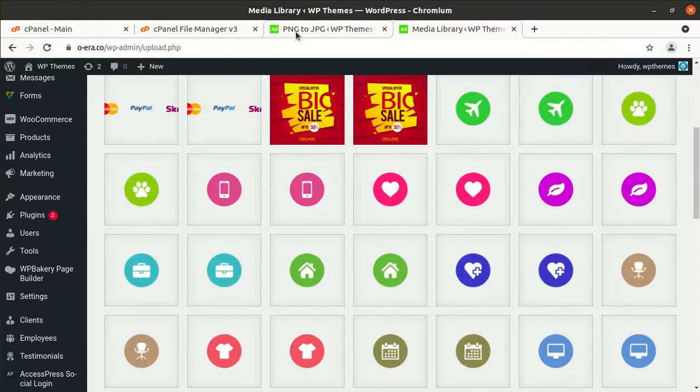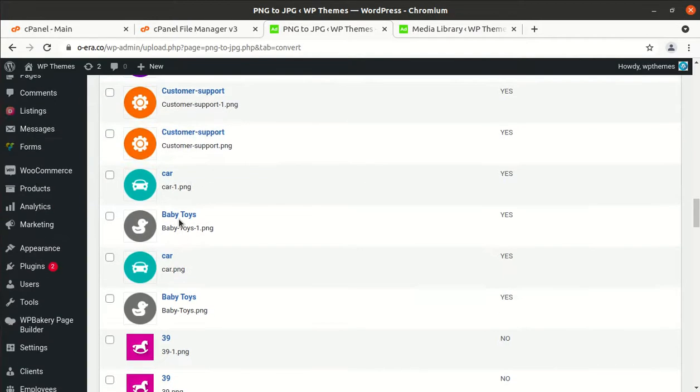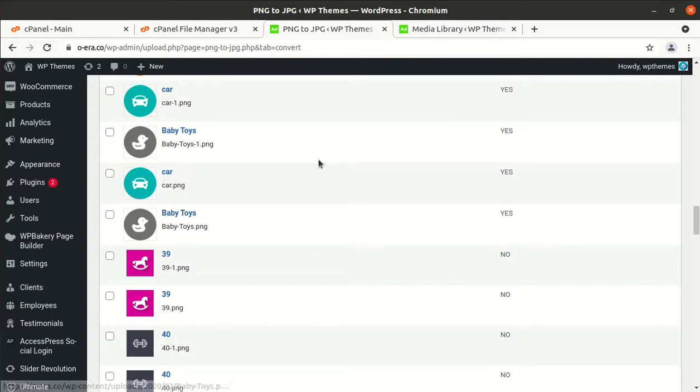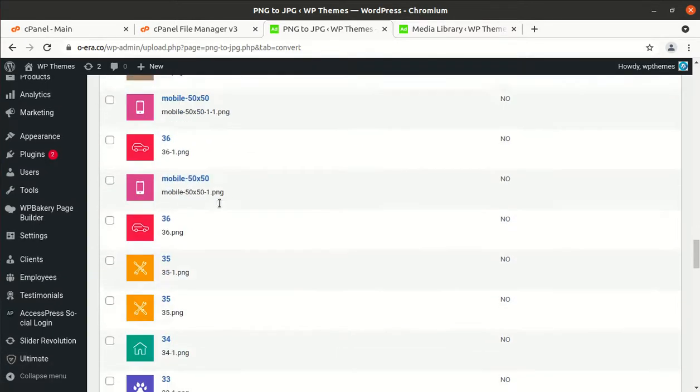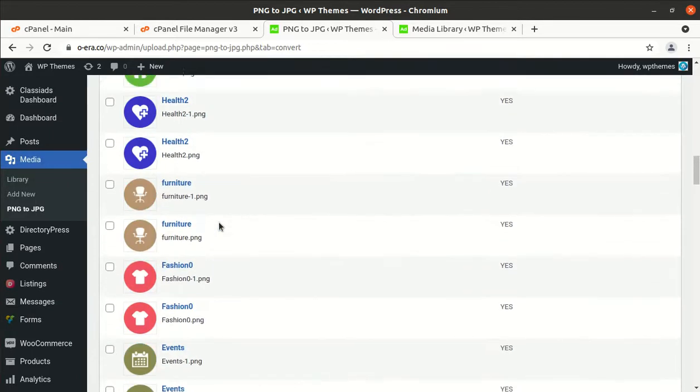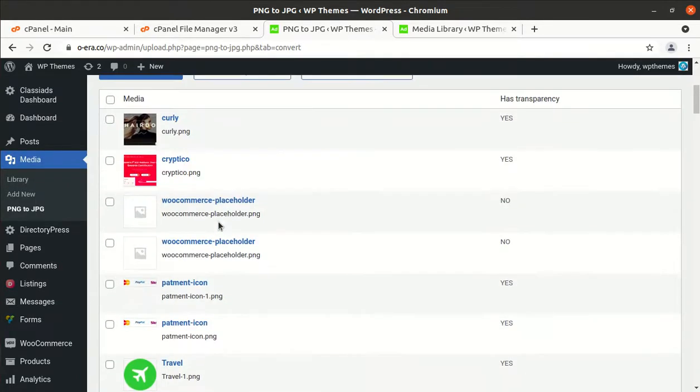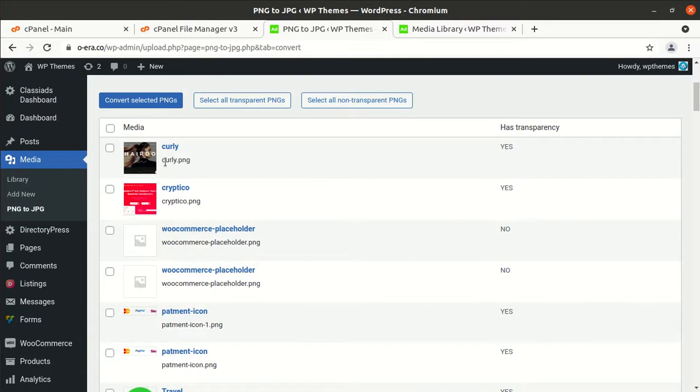Okay, so the plugin is saying these images are also PNG, and these are icons in fact, and we uploaded 2 images which have been detected by the plugin. We just uploaded 2 images, and it is saying has transparency, yes, has transparency, yes.